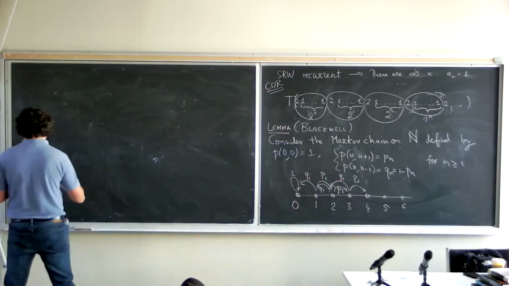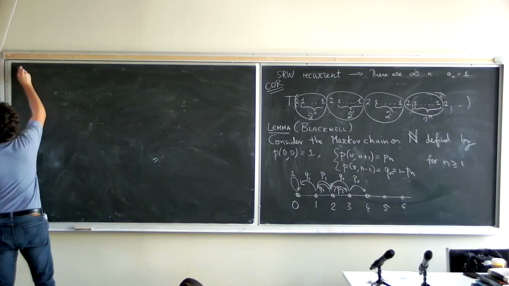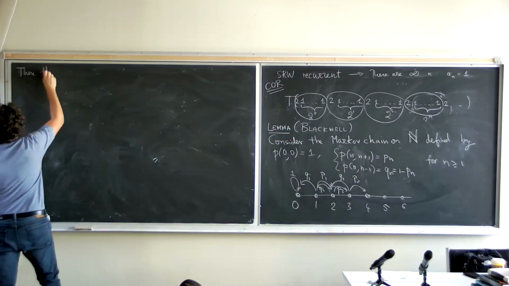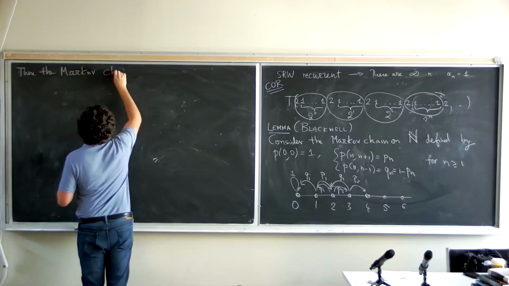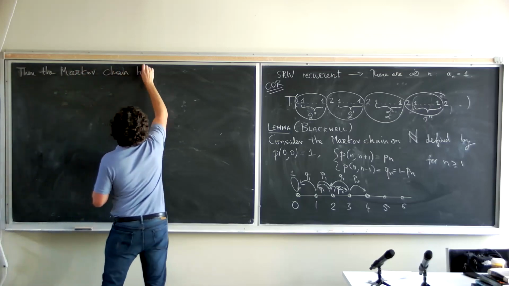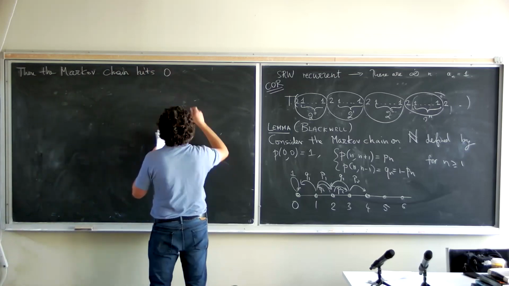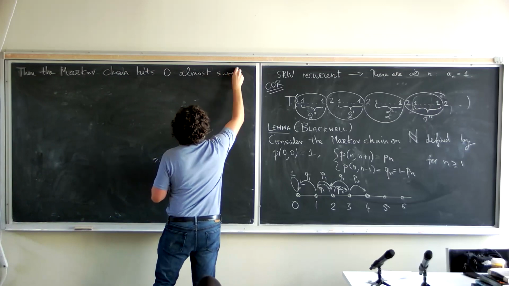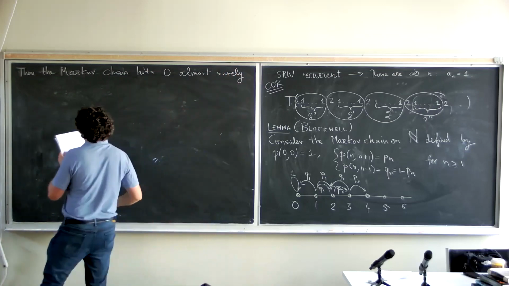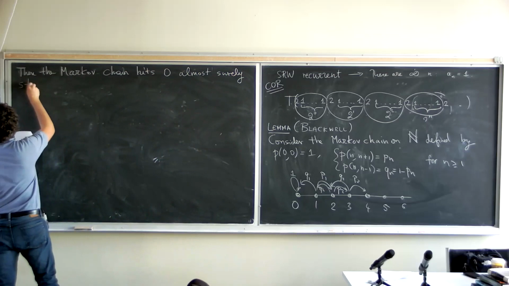Right? And the theorem is the following. Then the Markov chain hits 0 almost surely, so with probability 1, starting from any n,